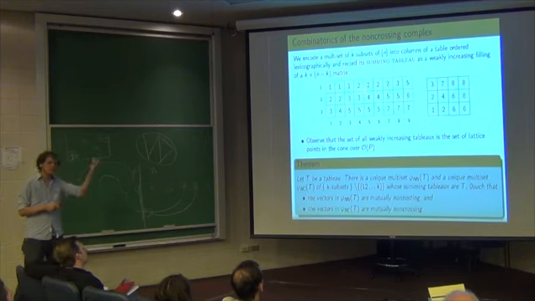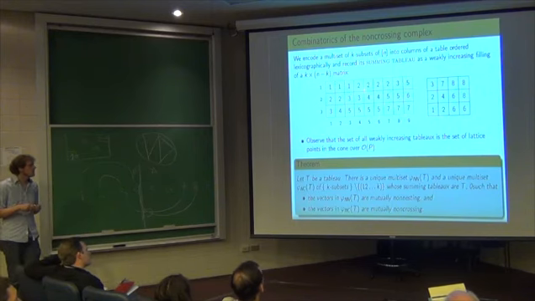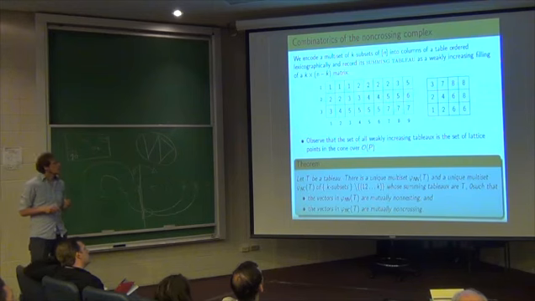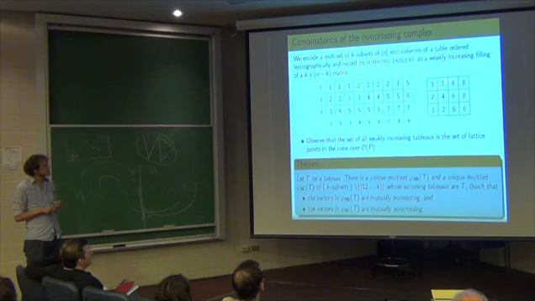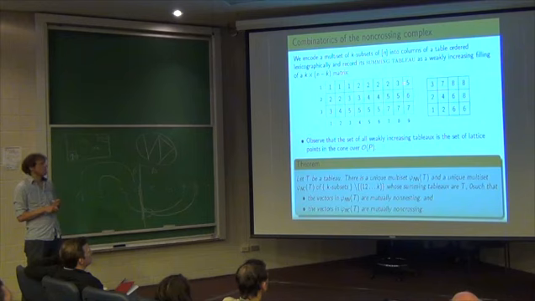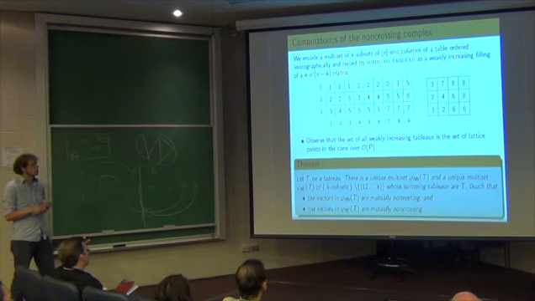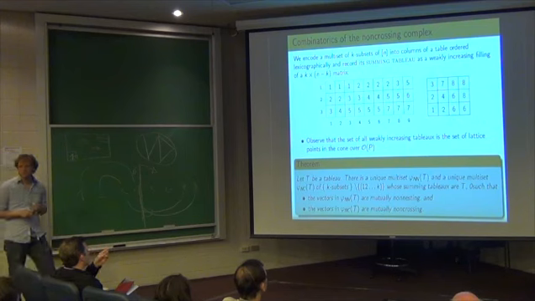Okay? So if I have a multi-set of such k subsets, I arrange them in a table. And then I record the entries. The 3 just says I have 3 1s. The 7 says I have 7 1s and 2s. The 8 says I have 8 1s, 2s, and 3s. This 8 says I have 8 1s, 2s, 3s, and 4s. And the 5 I don't really need to record because that's the highest number. So this is always going to be the total number of vectors I have recorded.